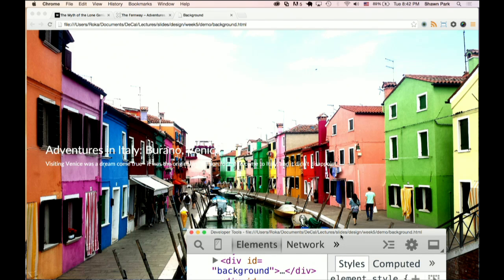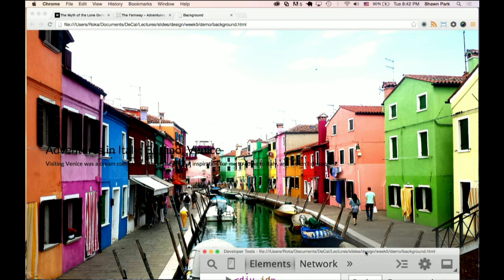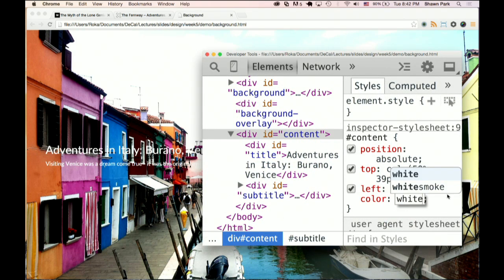So how does it look now? The text is on top of an image, but there isn't enough contrast. Well, you could say that the image in general is pretty much light, so you could do a dark color for the text. You could try that. But as you can see, for a lot of images, images have a combination of light and dark elements. So even making the text black did not really help the issue. So to solve this problem, I'm going to change this back to white.